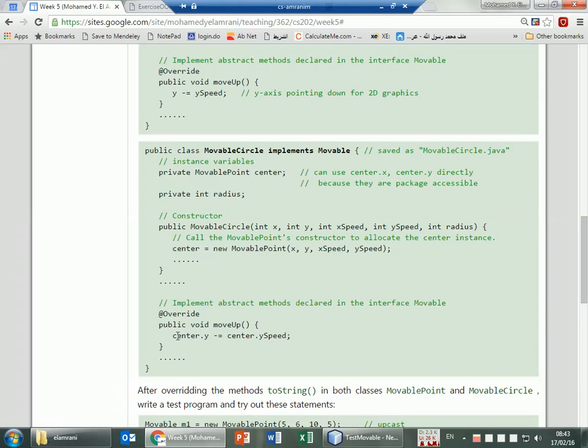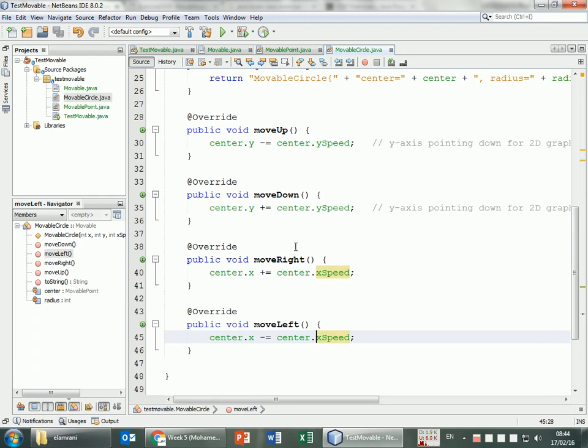Look, this is move up, and this is move up here. What it takes is just center.y minus equals center.y speed, right? So this is the same thing as y minus equal speed, except that I'm going to use this class to do it. So if I'm calling movable up here, move up, it's going to do the y minus y speed in the center. So if I just, instead of doing this, I just do this,